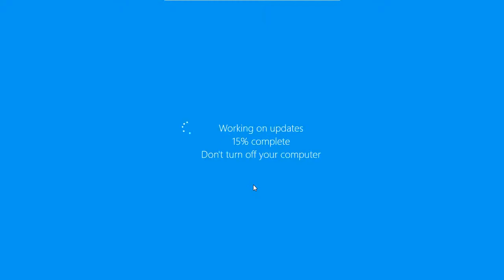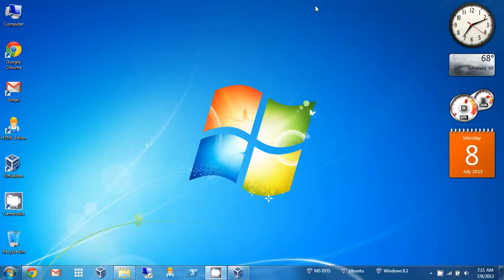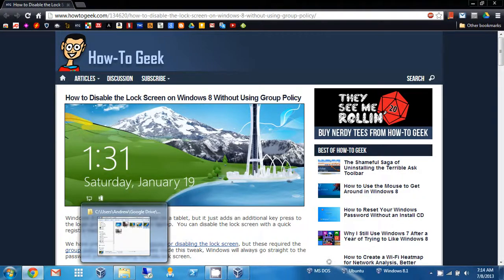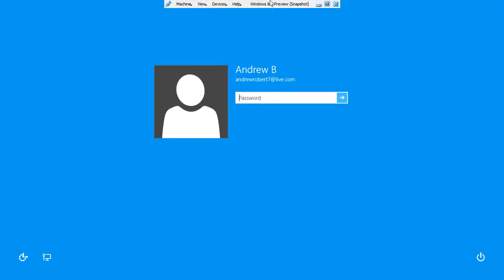Hopefully that is all ready now and booting up because it says Windows is getting ready. Oh, and here's the login. I just want to show you what we're going to be doing. Well, if you want to do it easily, you can. I'll probably put a link to this in the description, and then you can download the disable and enable lock screen registry files, and those you won't have to do anything. You just have to double click them. But you can also, if you don't want to download something, go to